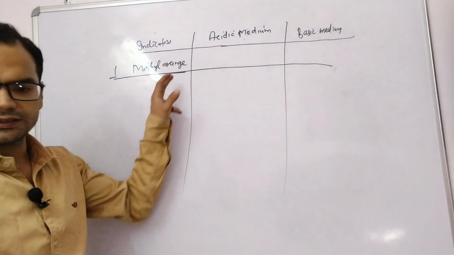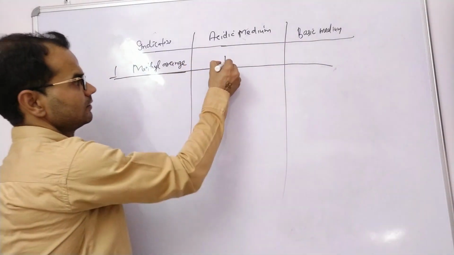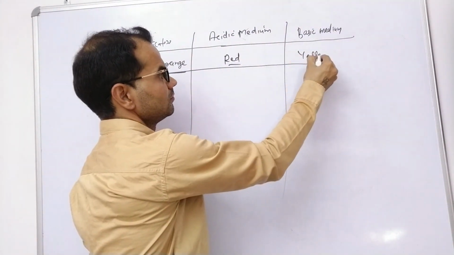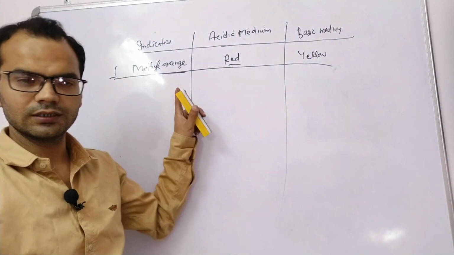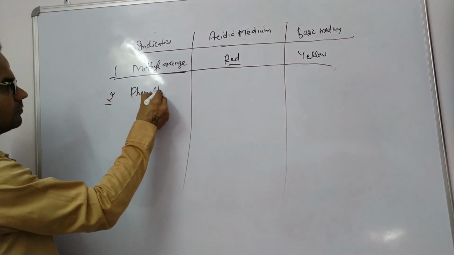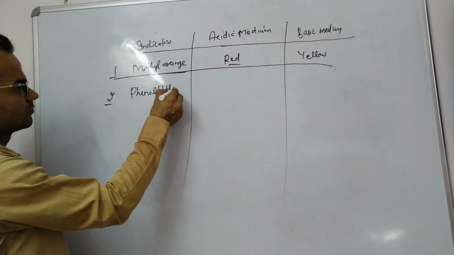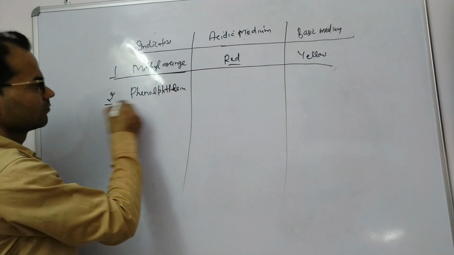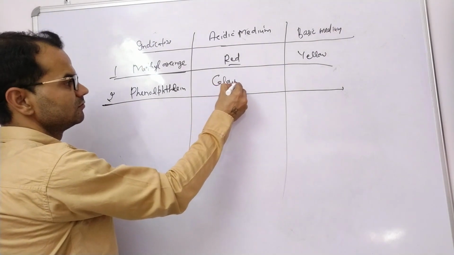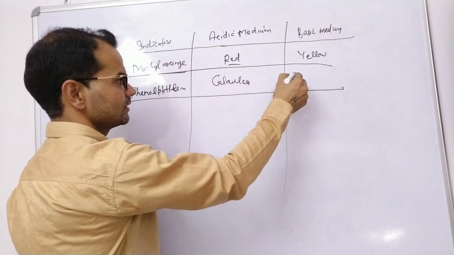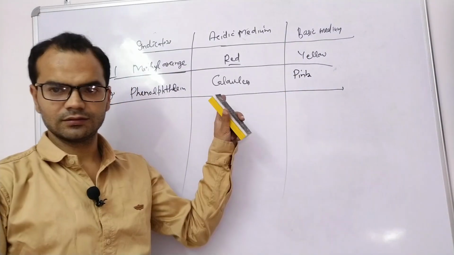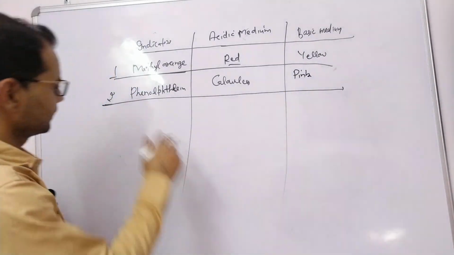Methyl orange changes color to red in acidic medium, and in basic medium to yellow. Clear? Second, phenolphthalein. In acidic medium it is colorless, in basic medium it turns pink. Clear? Third,